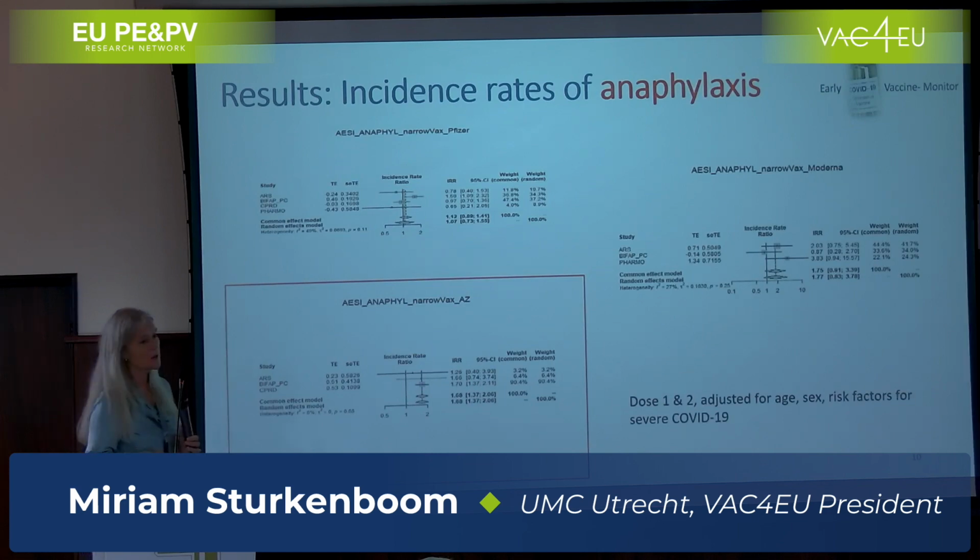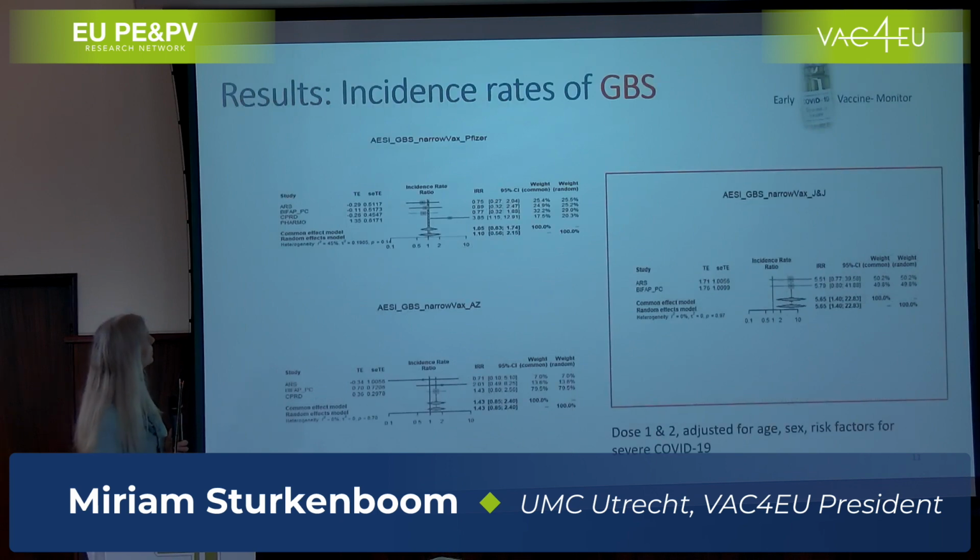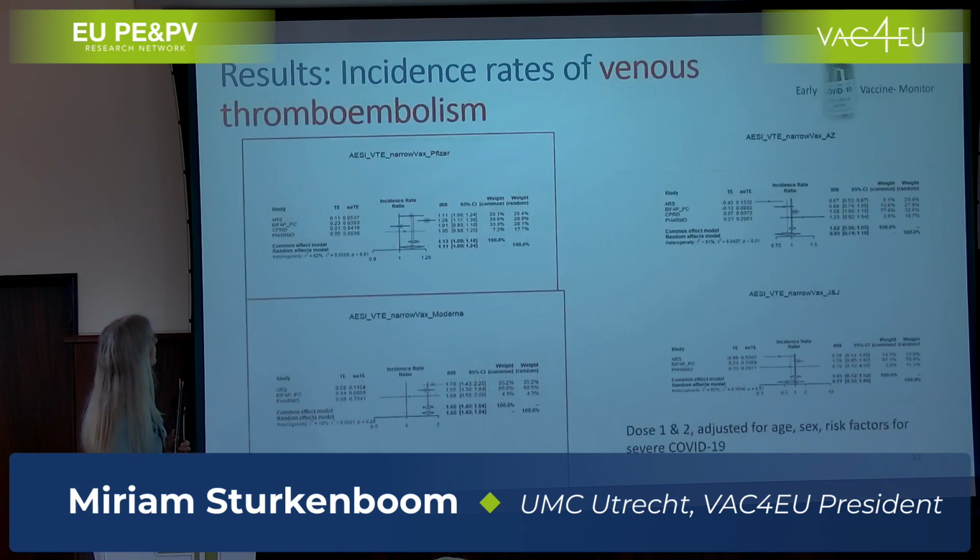Now, a couple of results: many of the ASI were not significantly associated with any of the vaccines. I'm showing very quickly, it's not about the results today, but what was picked up. Anaphylaxis following Vaxzevria, actually. Here you see the database-specific estimates and the pooled estimates. Then erythema multiforme after Moderna vaccination. GBS after J&J, Janssen vaccine, also something we know and has been discussed in Prague.